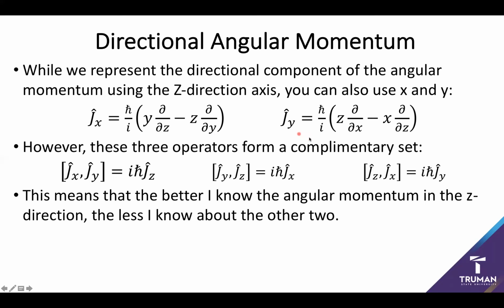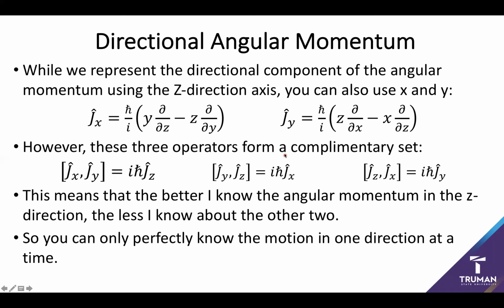And again, it is worth noting, the more I know about the angular momentum in the Z direction, the more precisely I know it, the less I know about the other 2. So this means that I may know how much of the angular momentum is moving in the Z direction, but this just gives me no information. I know I've got 0.3 h bar of angular momentum in one of these 2 directions, but there is actually no way for me to know which direction it is. So we can only know one of them perfectly at a time, and we just choose by convention to use